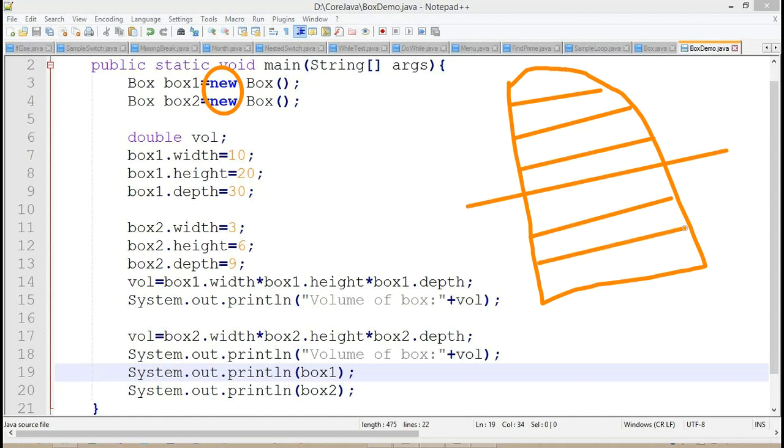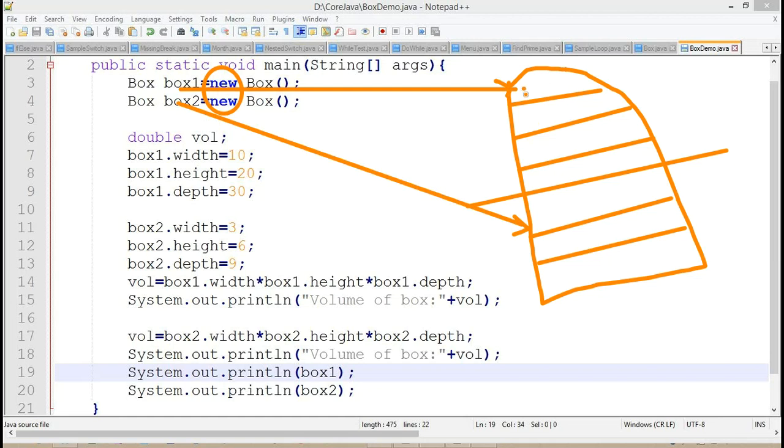Both objects are in the same heap memory, but box 1 is pointing to the above one, and box 2 is pointing to the below one.